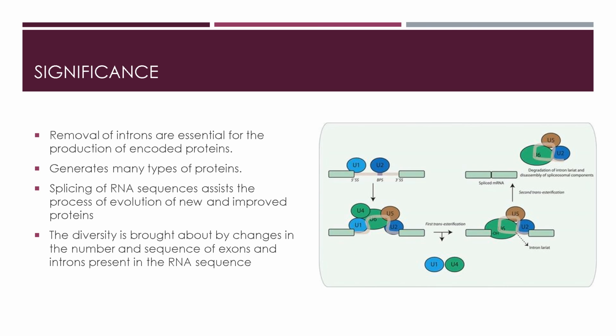The significance of RNA splicing is that it is really essential to exclude the introns, as they do not code for any proteins and they can also interfere with the normal proteins that are synthesized from the exons. As in eukaryotes the mRNA is monocistronic, it is crucial to remove the introns so that it can synthesize only the required type of protein and it can be functional. RNA splicing can also bring about the evolution of new types of proteins.